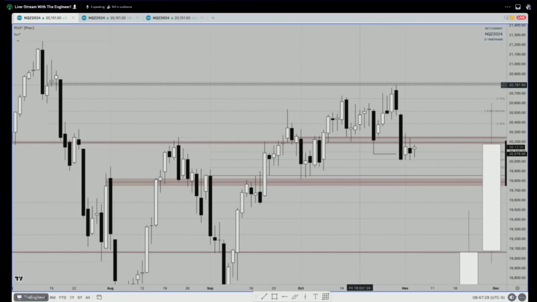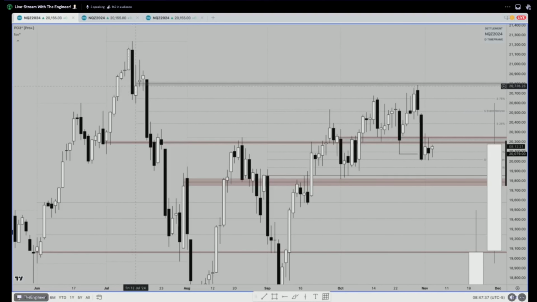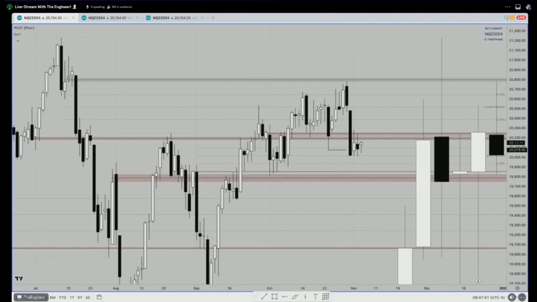And basically, when you are changing the state of delivery or you are leaving a high time frame gap, for example, here we take the previous month high. Okay, this is the monthly high. We take above this monthly high, this short-term high here,